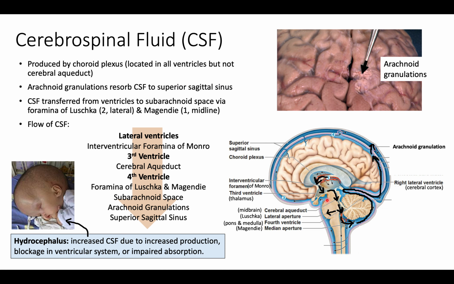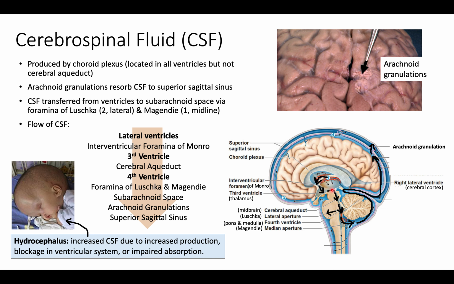So the flow of cerebrospinal fluid goes from our first two ventricles, which are our lateral ventricles, to our third and then our fourth. But it's important to know what doors they go through. So we have our lateral ventricles starting right here, and they go down through that interventricular, so between the ventricles, foramen of Monro. From there, we go to our third ventricle,